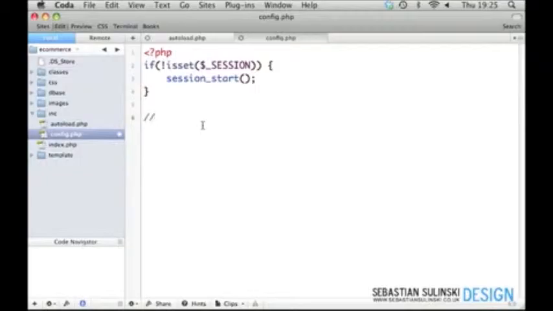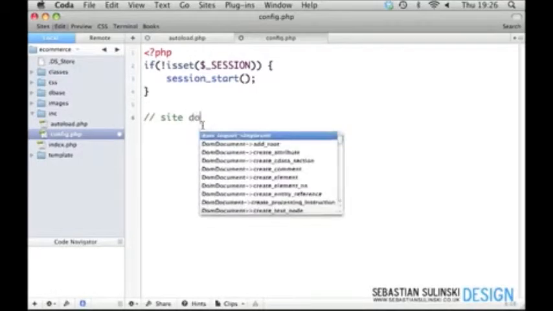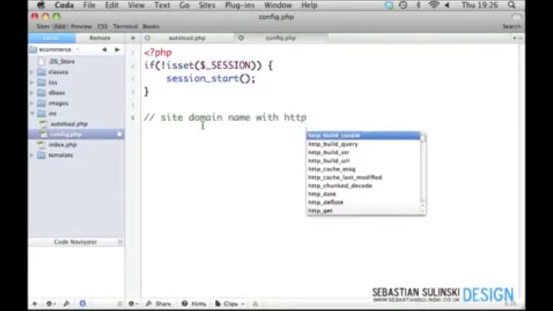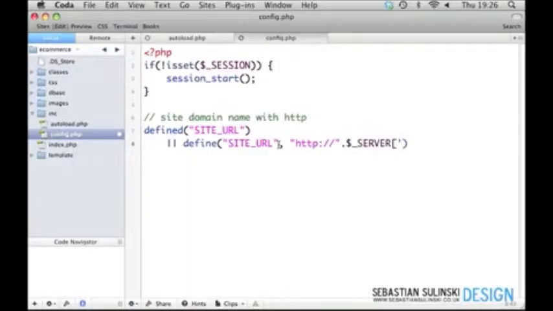Next thing, we will define a few constants. The first one will be site URL. Actually, it's not going to be a URL, it's the site domain name with HTTP. Okay, so defined. First, we check whether it's been defined, and we call it SITE_URL. Remember to use capital letters. Or define SITE_URL, and we start with http colon slash slash, and now we type $_SERVER, and within the single